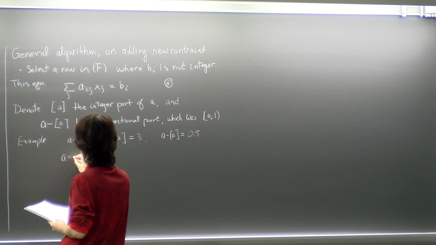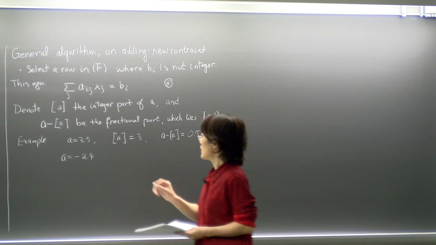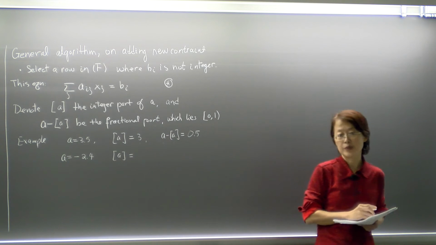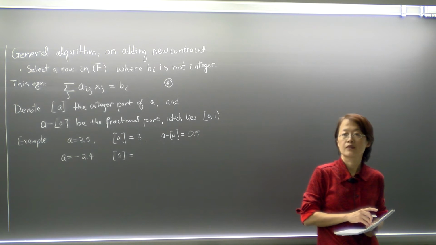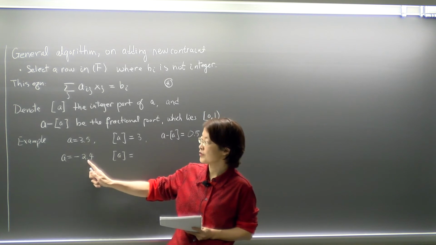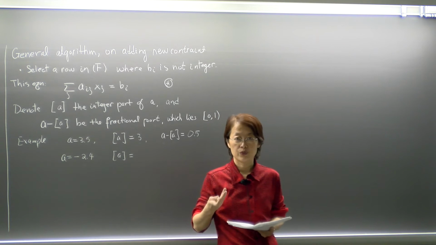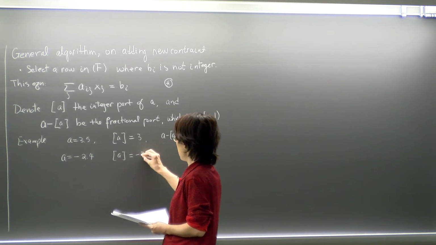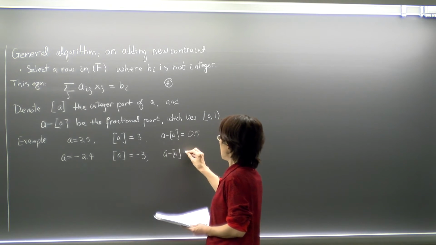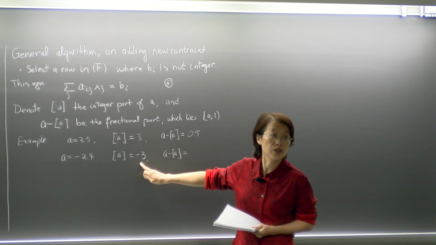What if I have a negative number? Let's say A equals negative 2.4. What will be the integer part of A so that the fractional part will be between 0 and 1? I need to take the integer value that's less than A, which will be negative 3, right? So be careful here. Negative 3. And then the fractional part will be negative 2.4 minus negative 3, which will be